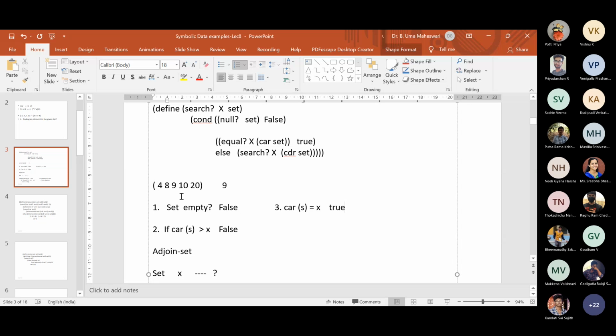Okay, so we are talking about the ordered list, and in the ordered list, the efficiency, let us say calculating the rate of growth. So the worst case, best case, and average case, if you take for this search operation, can you tell me what is the worst case or best case? Let me write the best case first. The best case is order of 1. Why? Because the element may be lesser than the first element, or it may be the first element. So in that case, the order is order of 1.